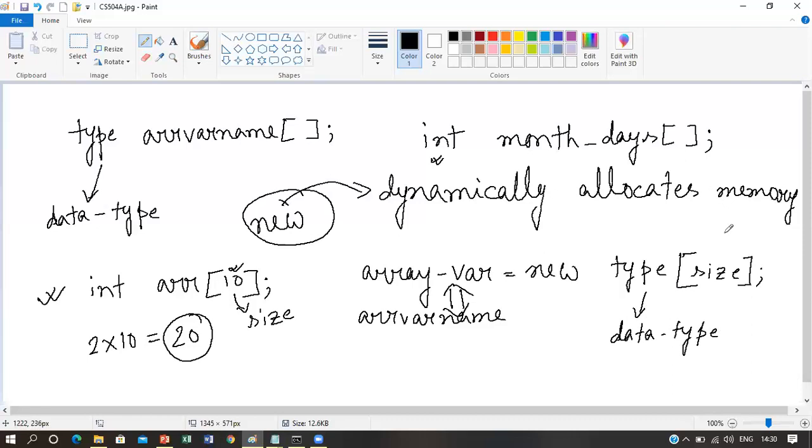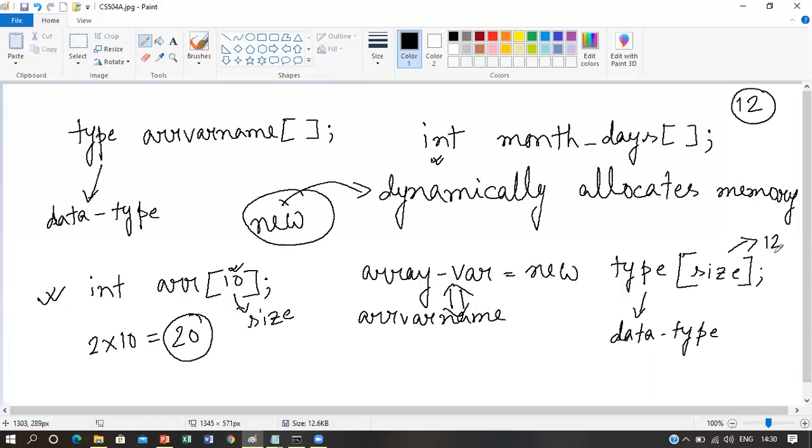And this size will represent the memory that should be allocated for a particular number of elements. Say, for example, if we want to allocate memory for this array for 12 integer elements, then the size would be 12.